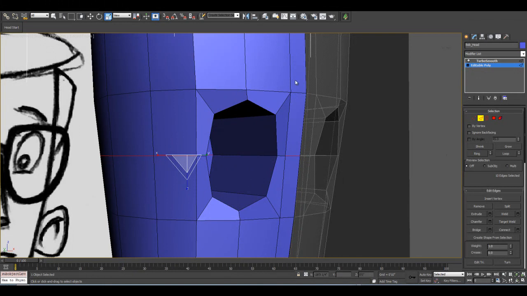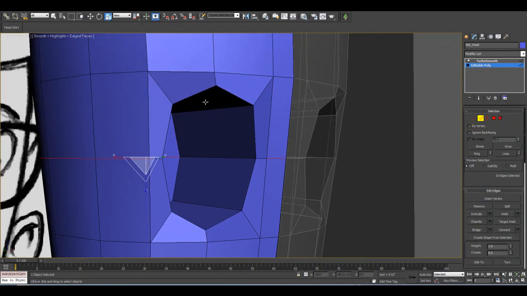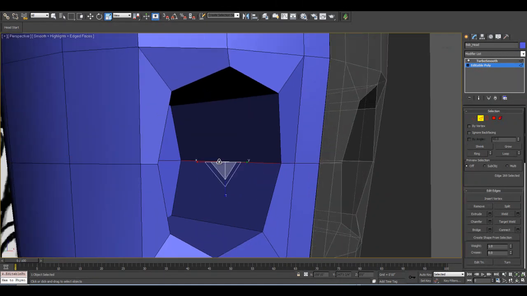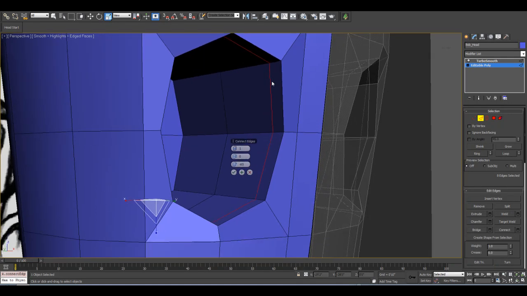So I'm going to need edge loops through here to maintain the shape of the eyelids, and to avoid having this collapse in the eye socket, I'm going to throw another edge loop through the center. So if I hit ring and connect, I'm going to throw an edge loop through the center here, and this edge loop is going to help to keep the eye socket open in the middle. And I'm going to throw another edge loop closer to the outside of the eye socket,